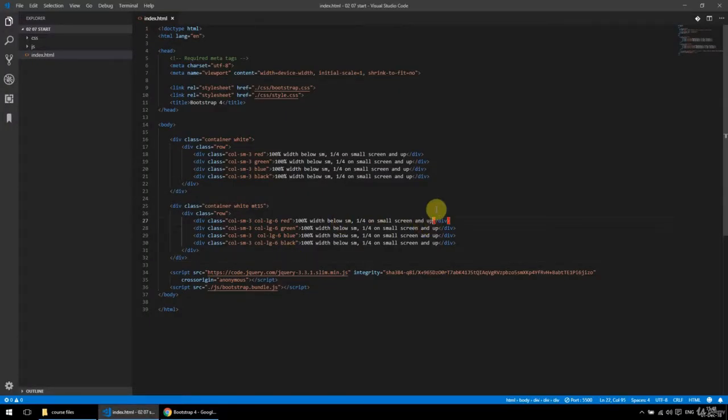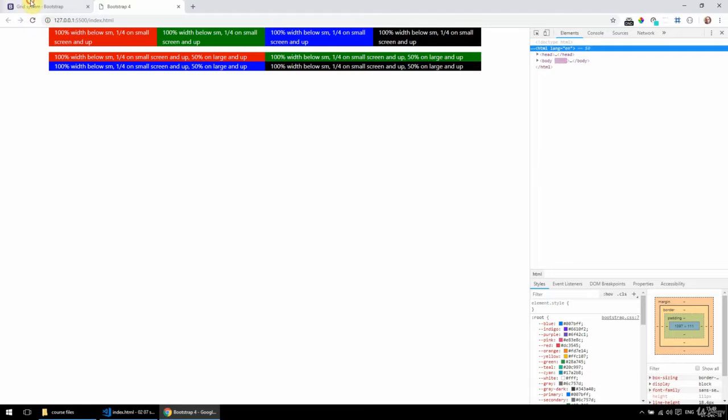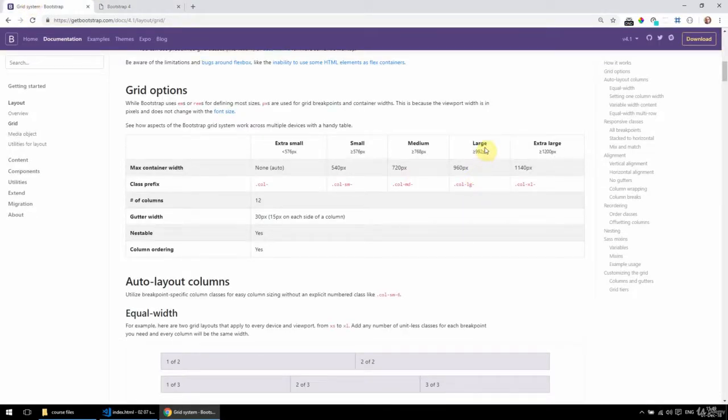So I'm just gonna have this say also 50% on large and up, and just copy this and paste it here. Okay, so you can see here that large has this class col-lg- and the number of columns.